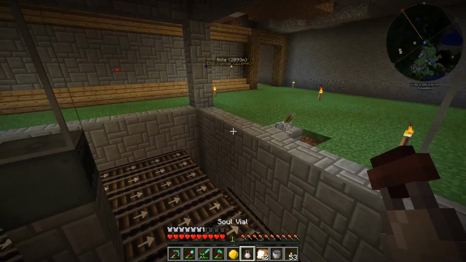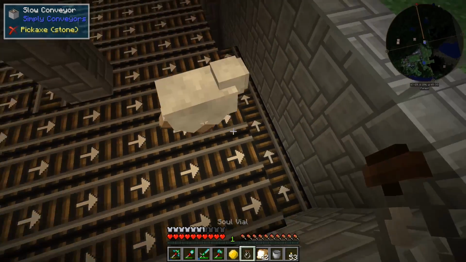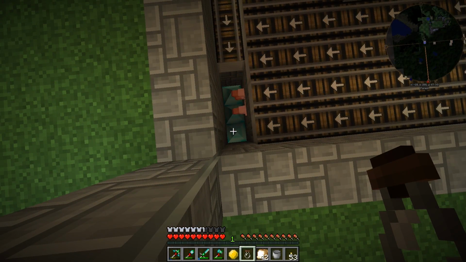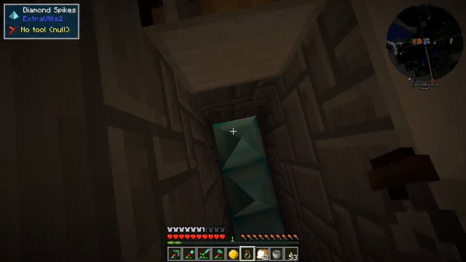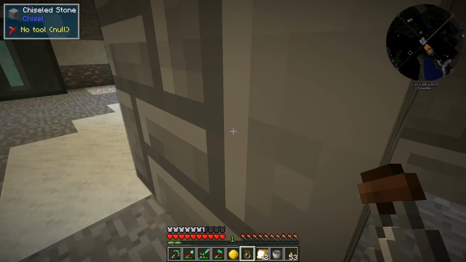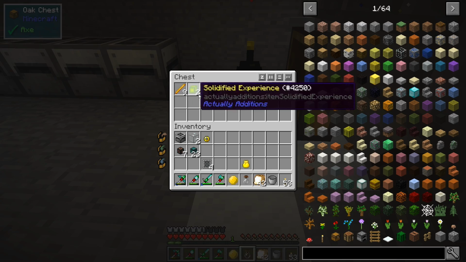All right, guys. Well, I went and grabbed myself a sheep from outside, just a random sheep that was out there. We'll go and put them on the conveyor belts. And yeah, sure enough, we get experience, right? Looks like the item collector collected the items down there that the sheep would have dropped. Yeah, we got the raw mutton and the wool. But,